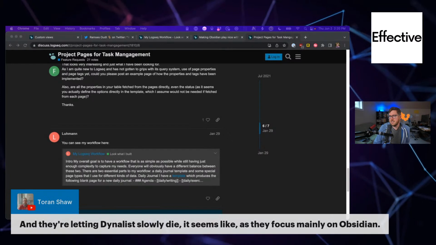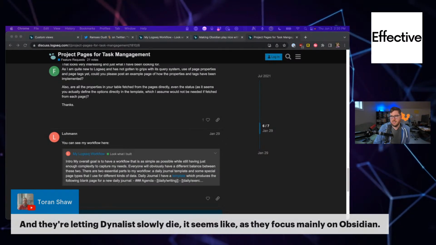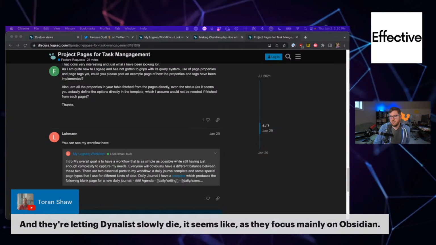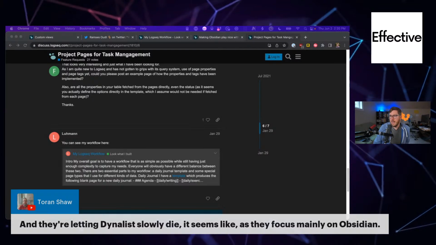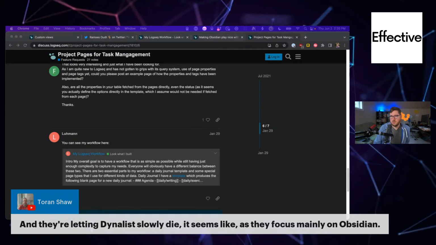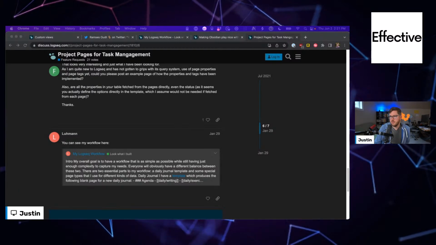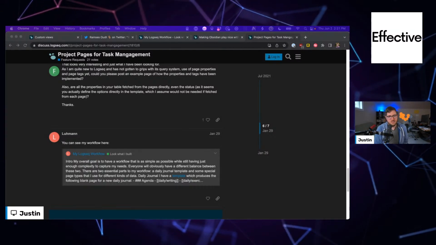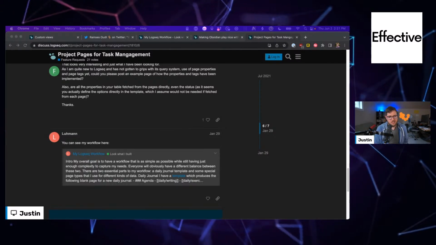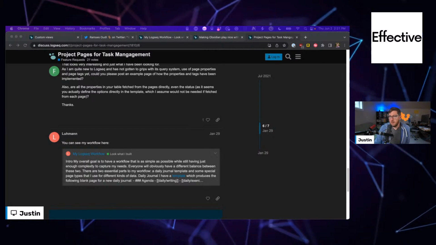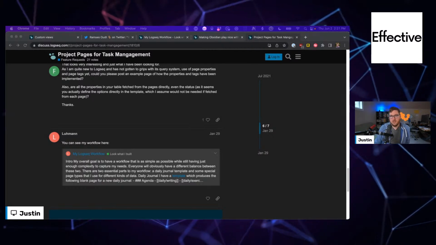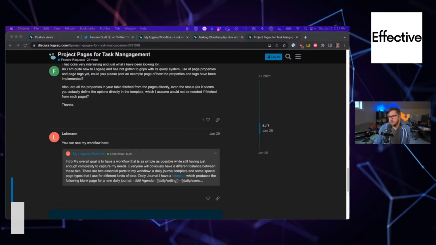Oh, interesting. I hadn't seen that, Torin, that they're kind of letting Dynalist slowly die as they focus mainly on Obsidian. I haven't really followed along with Dynalist too much. I've tried it just a couple times. Yeah, it's pretty wild, though. Obsidian has seemed to be a bigger hit for them anyway, so that makes sense to focus their efforts on one thing.